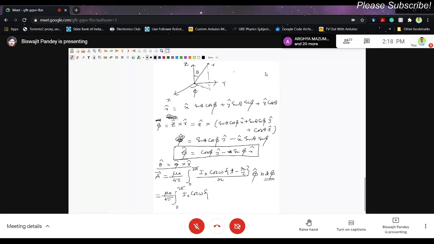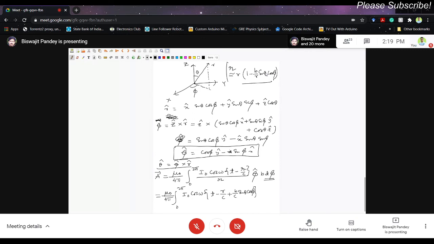If you remember curly r, we calculated curly r equal to r into 1 minus b by r sine theta cos phi. So let us put that: t minus curly r by c. There is an r by c, minus r by c, and the minus becomes plus, and the r cancels out, so b remains, b by c sin theta cos phi, right?